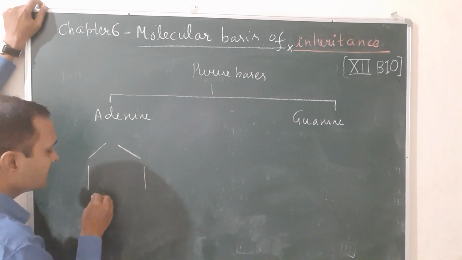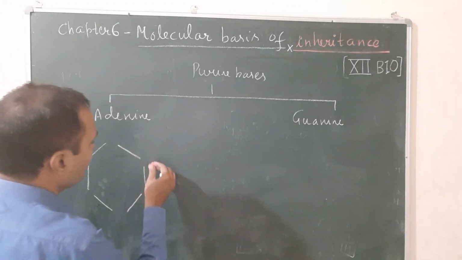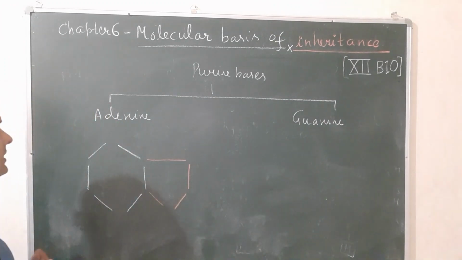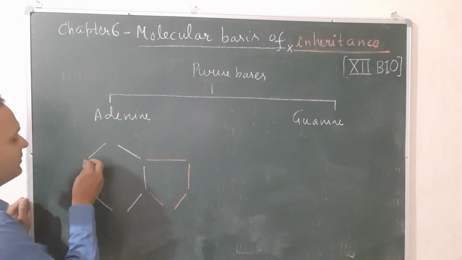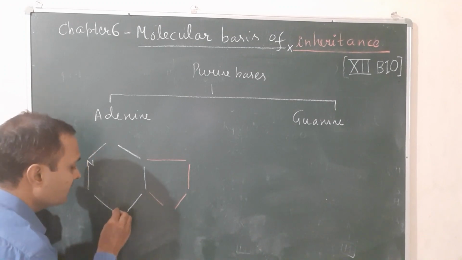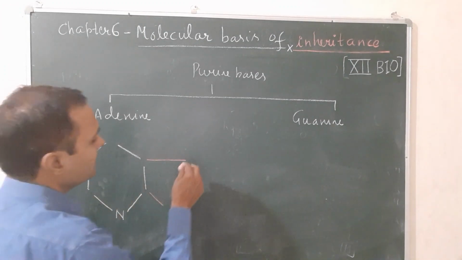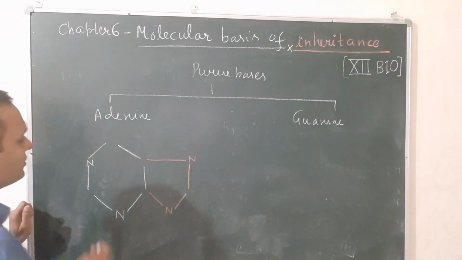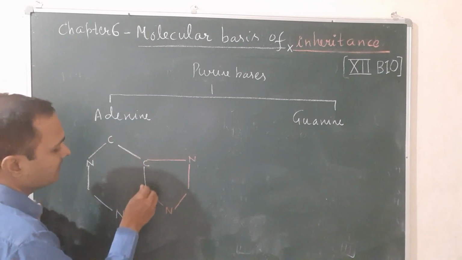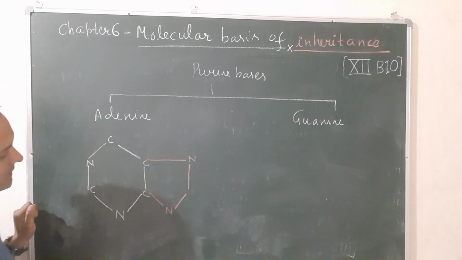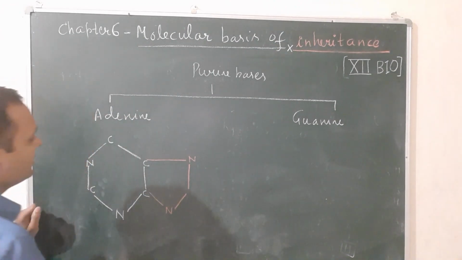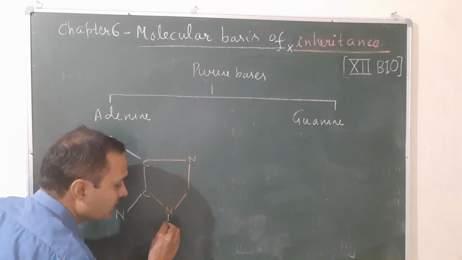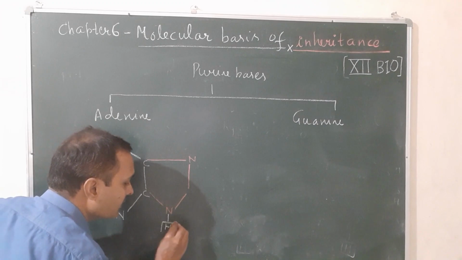Okay, so in case of adenine, you will make this structure. This is the 6-member ring, and one more ring you will draw here like this. Okay. And in the first ring, you will write two nitrogen atoms at first and third position, just like you have drawn in the pyrimidine base. And here you will write a nitrogen atom in this position. Okay. So the remaining you will write as carbon atoms. Okay. Now for purine, there is one hydrogen free at the 9th position.